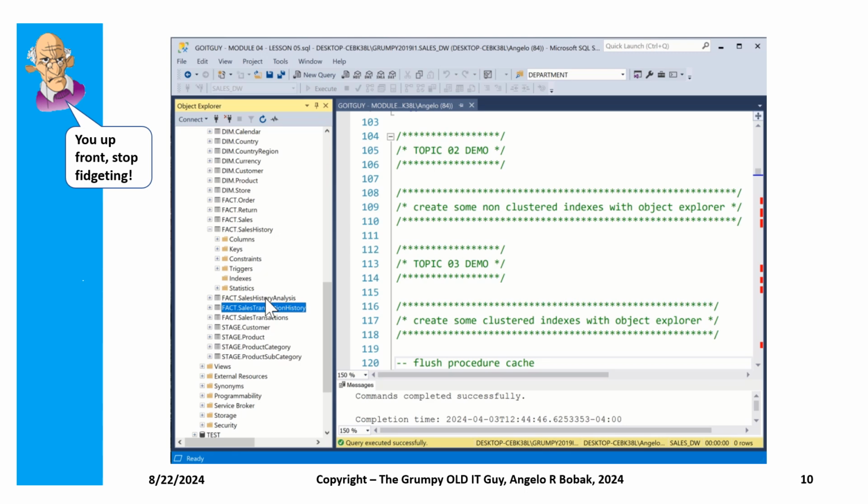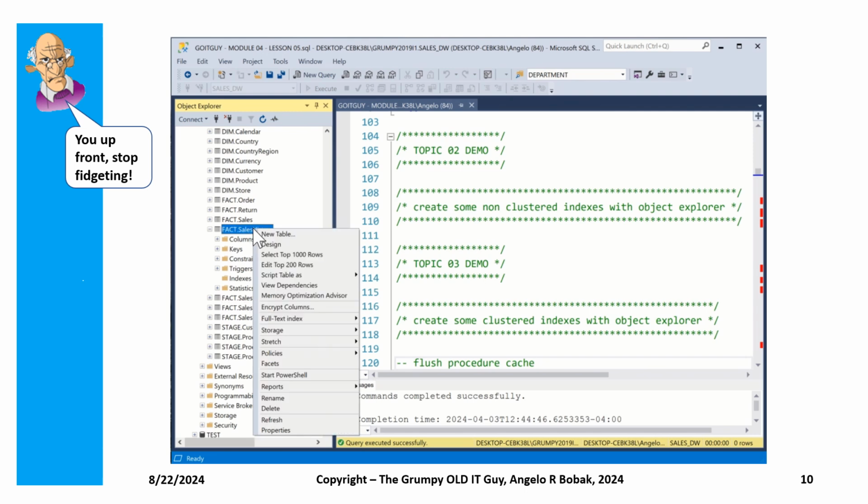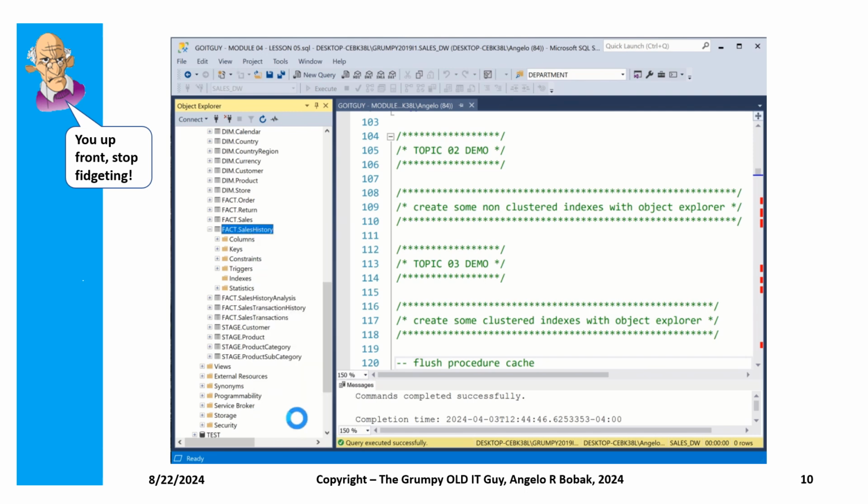Okay, let's do our first demo here. We're going to start by creating a non-clustered index. We're going to do this with Object Explorer. We are going to use the sales data warehouse, and I'll pick on the sales history table. If we right-click on it, look at the properties,